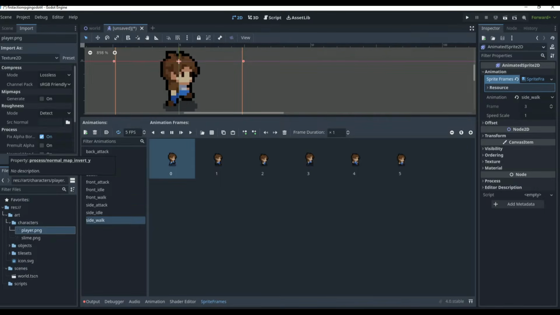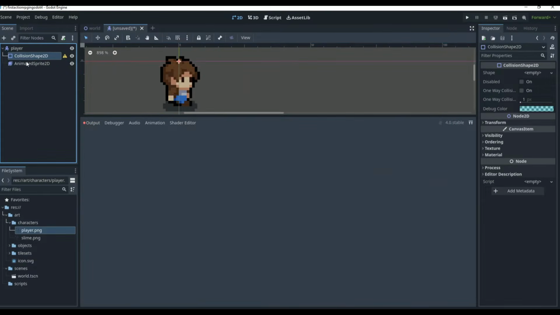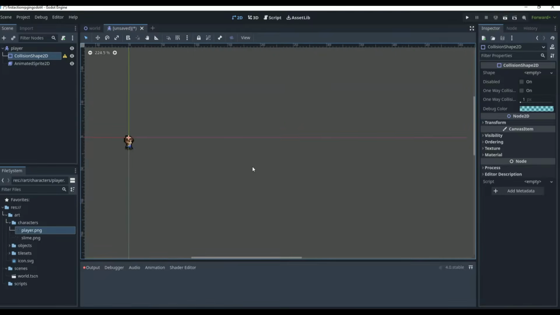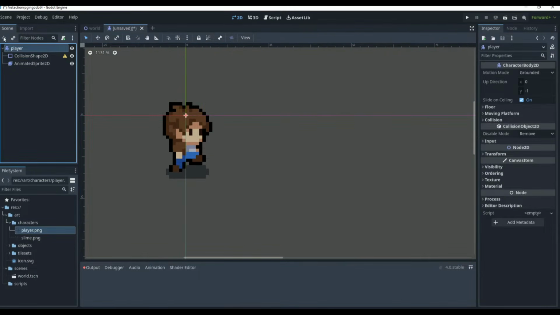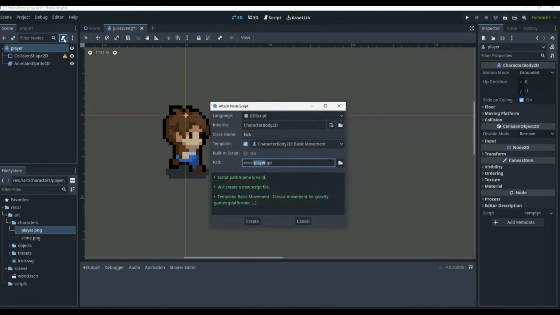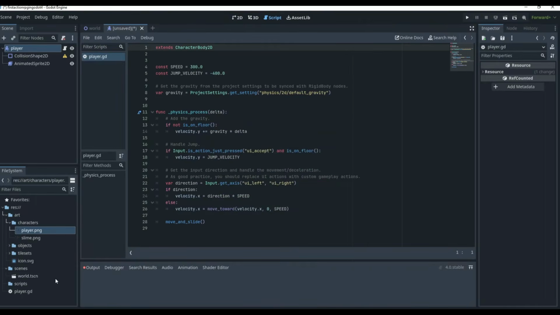Okay, so now that we have all of the animations for our player, we can exit out of our animated sprite. Let's move this down right here, and we need to create a player script. So we actually have a script for our player. We'll click this little button up here, which lets us create a new script, player.gd, save. And as you can see down here in our file system, our player.gd came into the